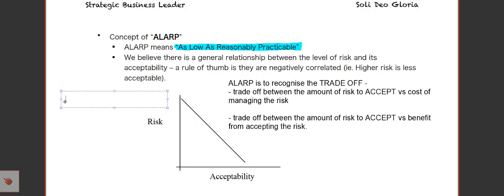As long as the risk is low enough to be reasonably practicable, you are prepared to take that risk. You're prepared to accept the way we manage the risk. That's allowed. Okay? Now, another example of how I explain ALAP to you is to look at